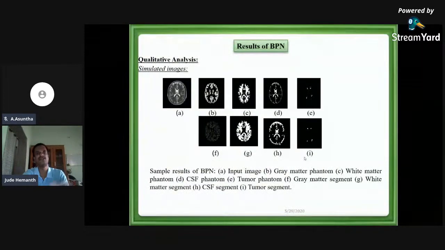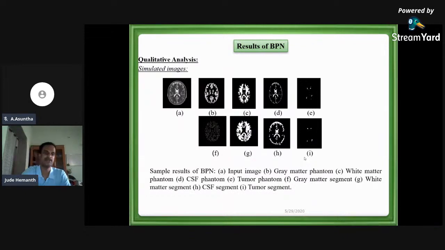So these are the results with the normal BPN, right? When I train my BPN and then test my BPN, I'm going to check whether each of my pixels belongs to gray matter, white matter, CSF or tumor. If it is tumor, I will mark it as 1. I will take another pixel, and again go through the same procedure. Again, a third. Likewise, I'll complete it for all 65,536 pixels and convert it into an image. All 1s will be converted, all 2s, all 3s, all 4s. We have a step for that in image processing, right?